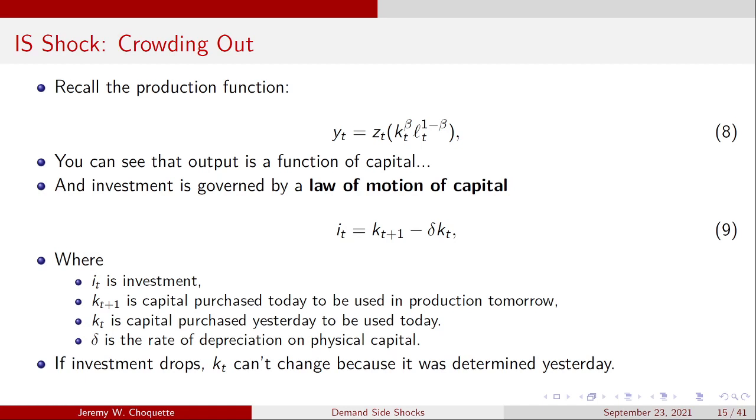It gets built generally to your own custom specifications, and then eventually it gets delivered. Now you can use that for work operations, but you can't use it today. You can use it whenever it gets delivered. Let's say it gets delivered next quarter. So you order it today, but it doesn't exist today. It exists tomorrow. So that's why the KT plus 1 gets bought today, even though it doesn't exist today, but